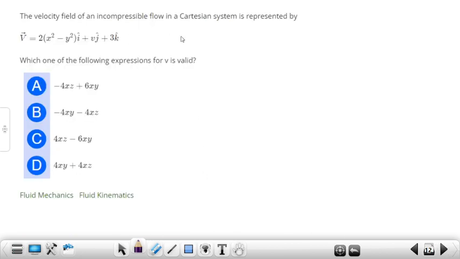Next question. The velocity field of an incompressible flow in a Cartesian system is represented by V vector is equal to (2x² minus y²) i cap plus v j cap plus 3k cap. Which one of the following expressions for v is valid? So this is u and this is v and this is w. So for the fluid to be incompressible,